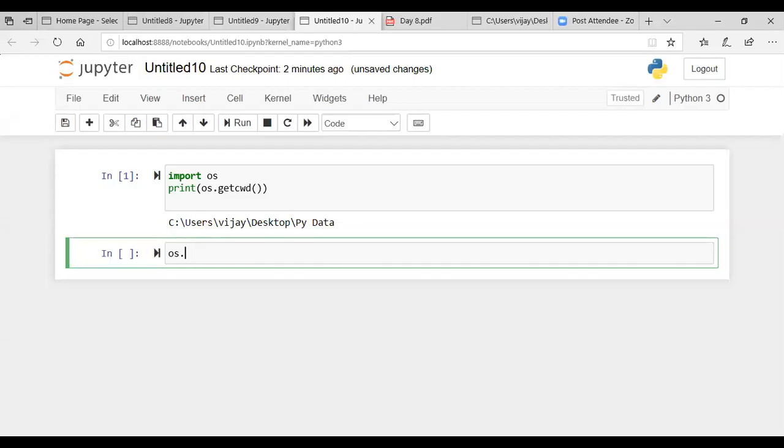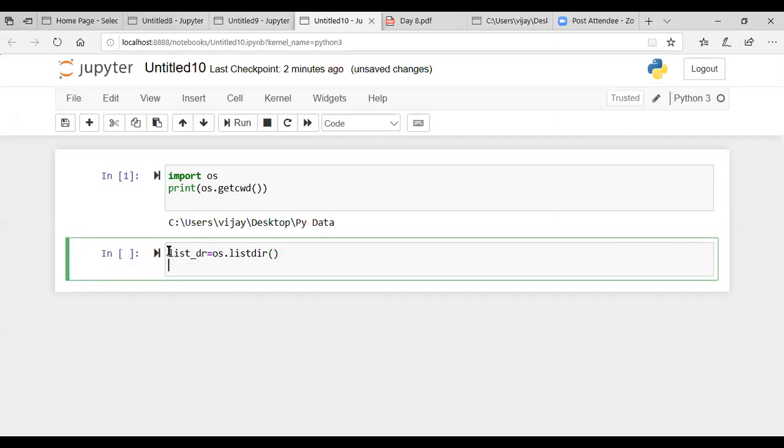os.listdir. Let's say I'm storing it in lst_dr is equal to this, and I'm going to print it.